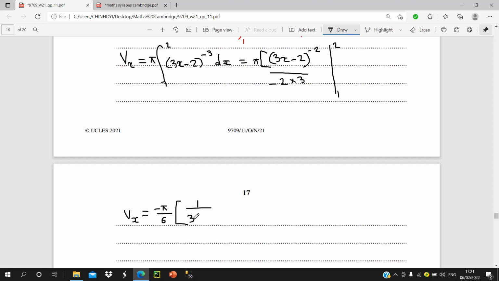3x minus 2, then squared, because the negative 2 goes down there into b, so from 1 up to 2. So let's put 2, the upper limit, first, so it's minus pi over 6